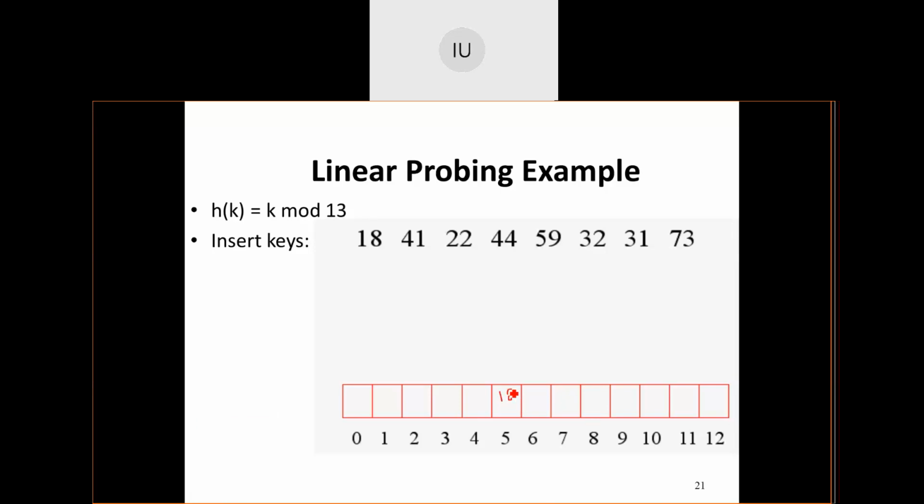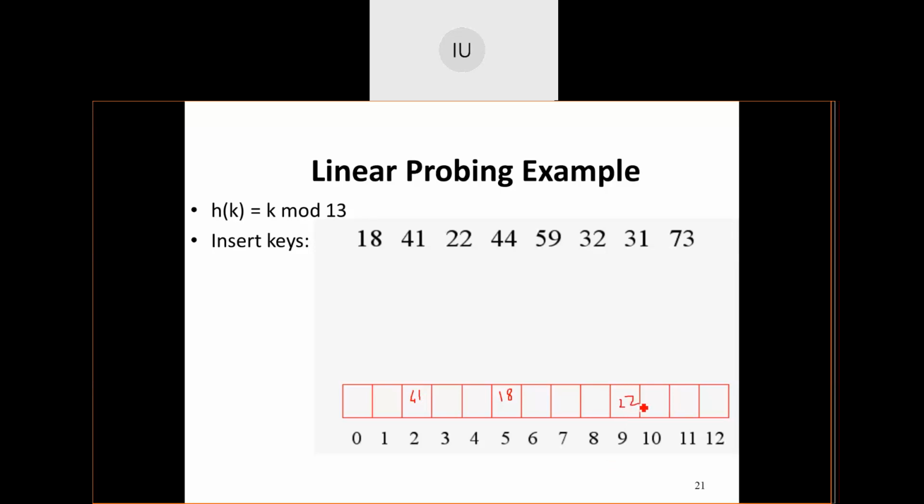All right, all fine now. 41 takes position 2. Okay, 22 takes position 9.